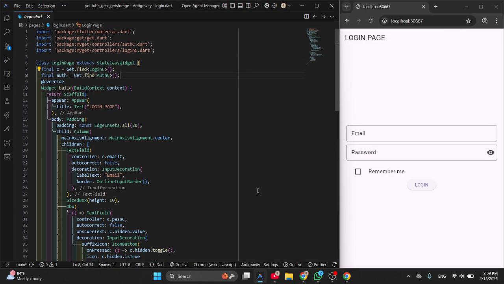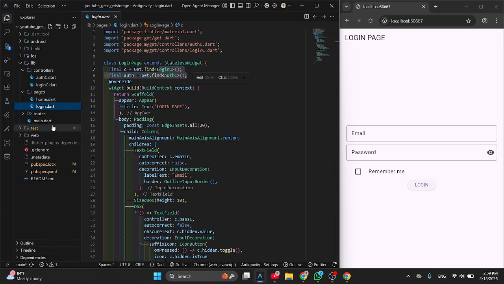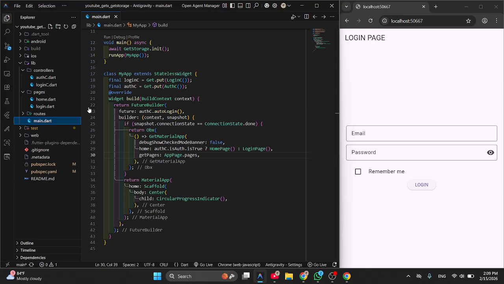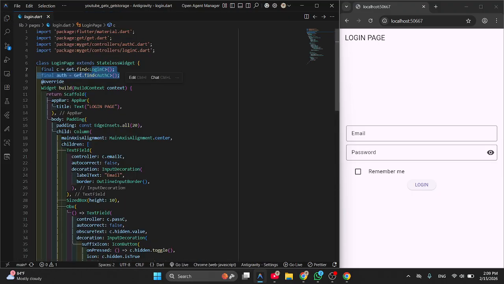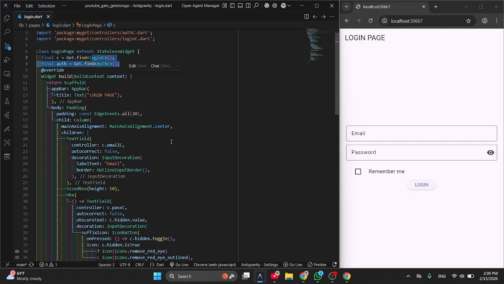In the pages, I should not forget to find the login and logout in main. Yes, we already put the controllers in main, so we just need to find the controller in the login.